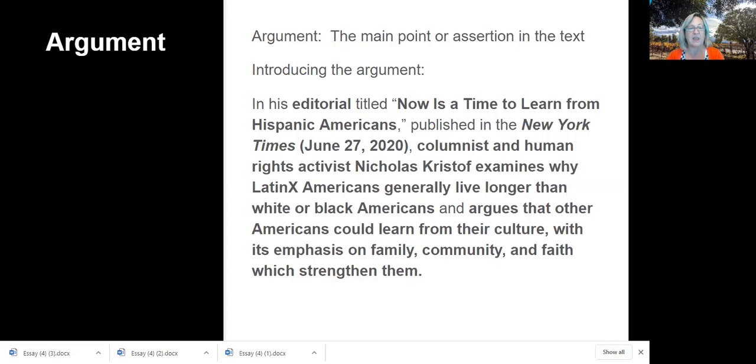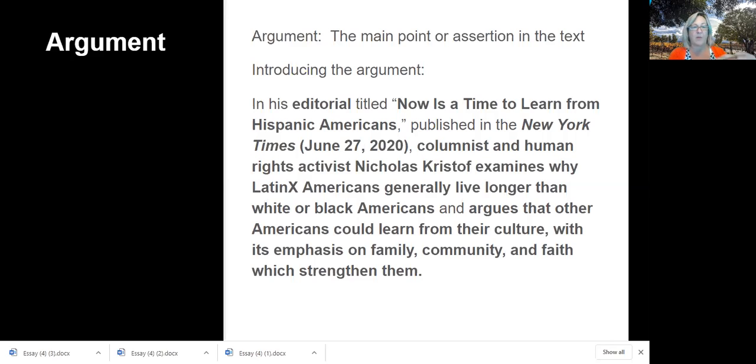You notice I'm revising even as I read aloud. His topic is the Hispanic paradox, which is that Latinx Americans live longer. And the argument is Americans could learn from them.